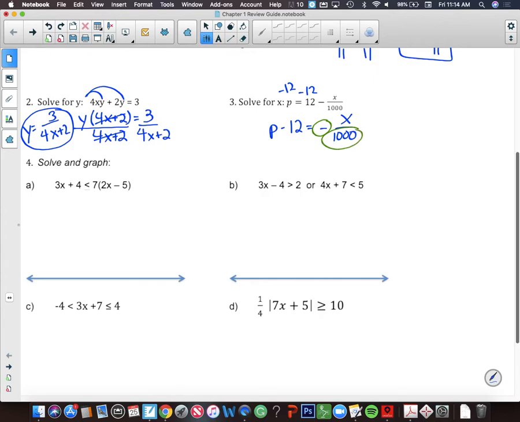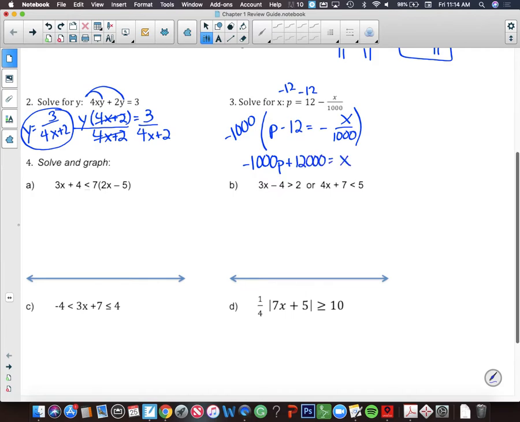We got to figure out how to get rid of those. Okay, so we can multiply both sides by a negative to get rid of the negative there, and we can multiply both sides by a negative 1,000. So take everything times the negative 1,000 to get rid of that down there. So it's negative 1,000 p plus 12,000